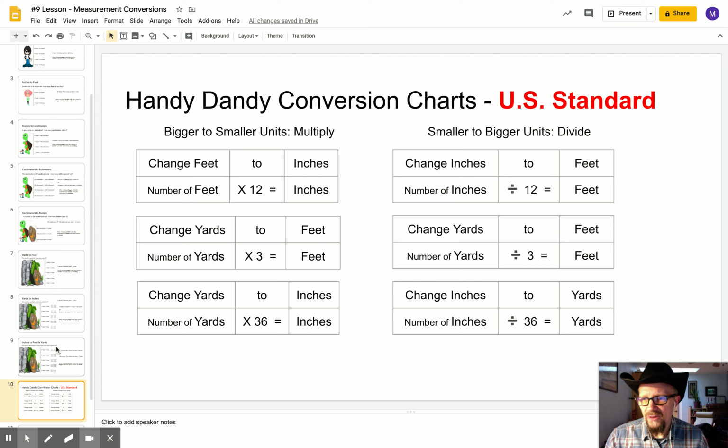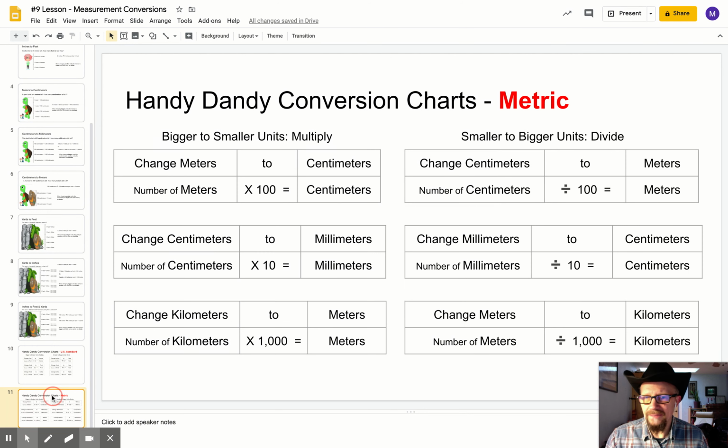So that's got the US standard, and then down here we've got metric, which is always times by 10 or 100 or dividing by 10, 100, maybe even 1,000 of kilometers. Luckily, we didn't find any monsters that were a kilometer tall. That would have been huge,